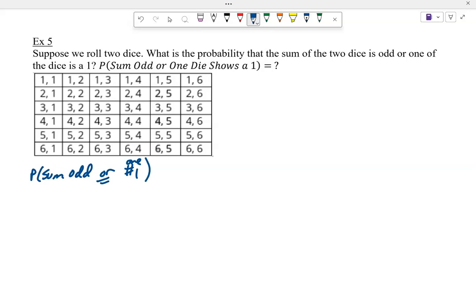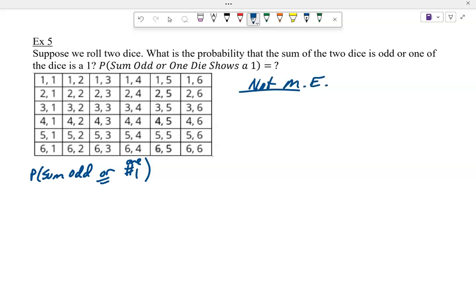We want the sum to be odd or one of the die to show a 1. Is it mutually exclusive or not? Well, the question is, could I roll it and have the sum be odd and one of them showing a 1? That could happen, right? I could have a sum that's odd with one of the numbers being a 1. So this is not